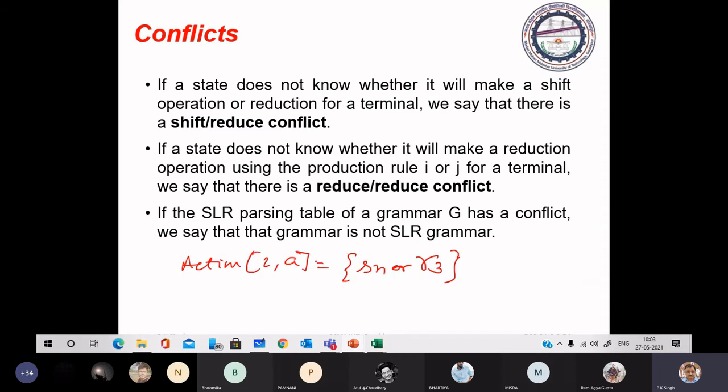It means shift and next state is N, or reduce by production number 3. This is shift reduce conflict.